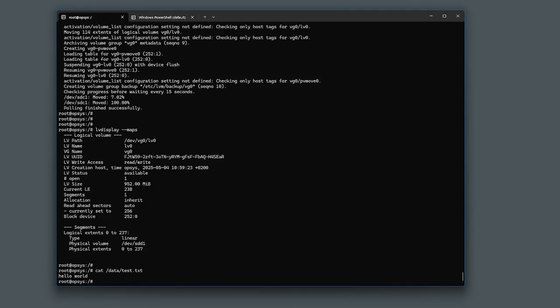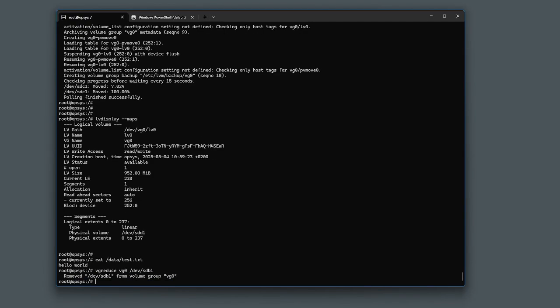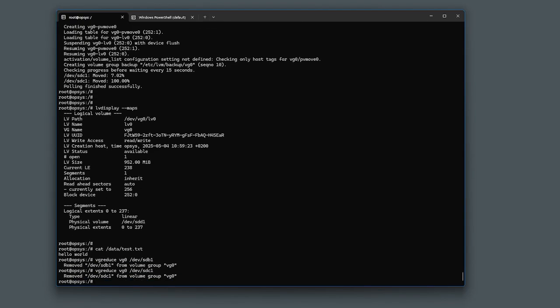Okay, so the last thing that remains to be done is remove the disk from the volume group and remove the disk, and then we are ready and we have successfully replaced everything. So let's do the housekeeping job at the end. vgreduce simply removes it from volume group 0, so we don't need SDB1 anymore. We can also remove SDC from the volume group. And then finally we can detach the disk entirely from our physical volume, and this is done from